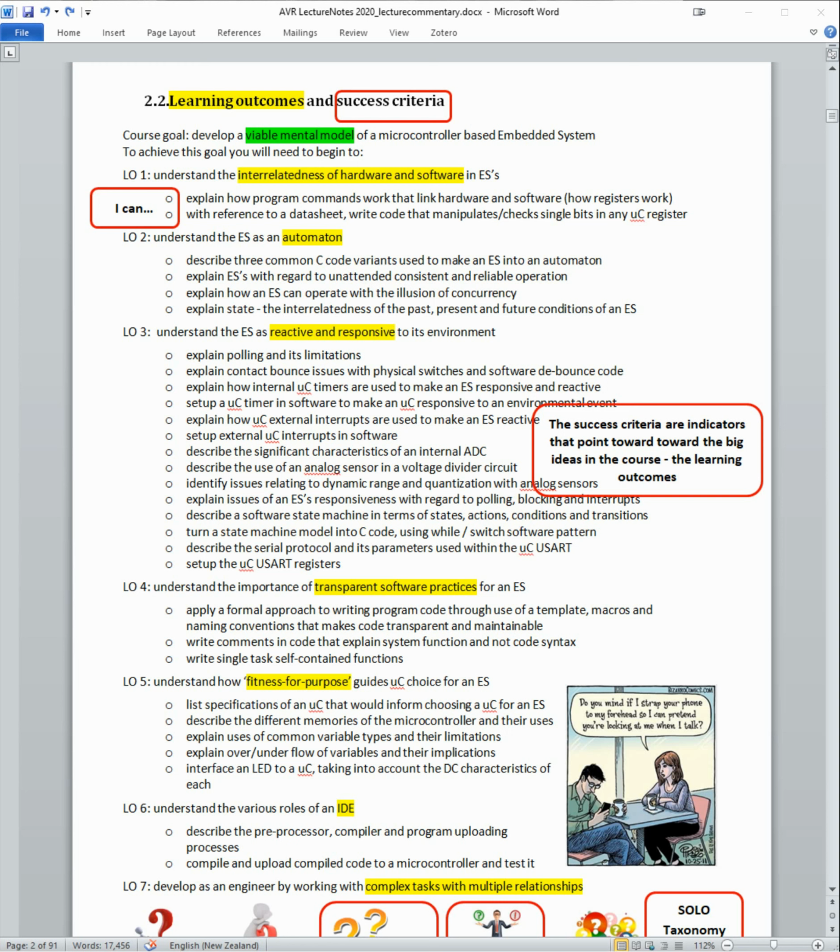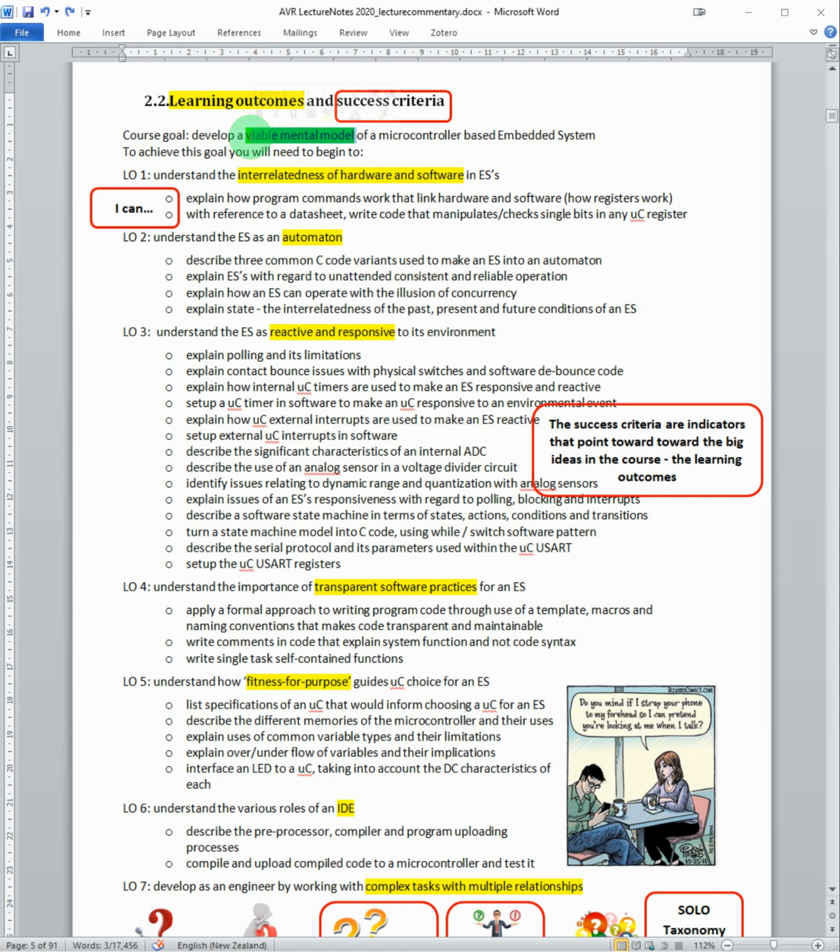Hi there. I want to start today by just reviewing our learning outcomes for this course. First and foremost, the idea of this course is to give you an understanding of a microcontroller-based embedded system so that you develop a picture in your mind or a mental model of what's actually happening inside a piece of